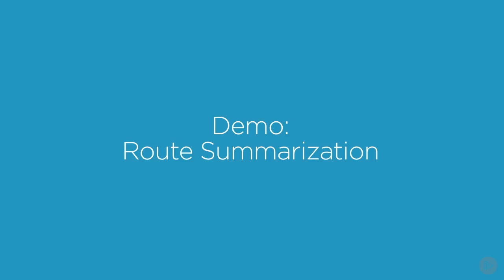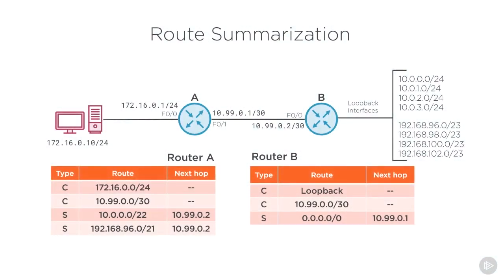Next, let's do a demonstration of route summarization. What I've done here is I've taken the example that I used when I was calculating the summarized routes. I took that example and I'm using it right here in my lab. What I've done so far is I have configured router A and router B, but I've only put the IP